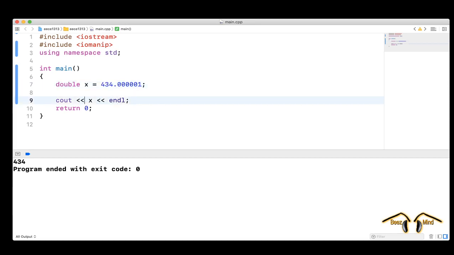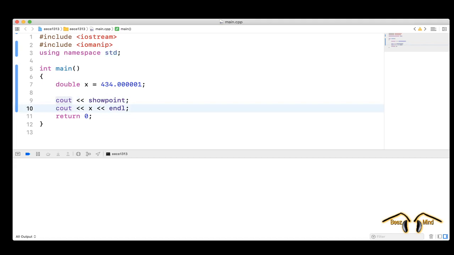But if you want to format the output, you need to include this iomanip header, and you need to use showpoint. You can put it here or in between here, but I just separate it here. When you run it, it's going to show you the point with the